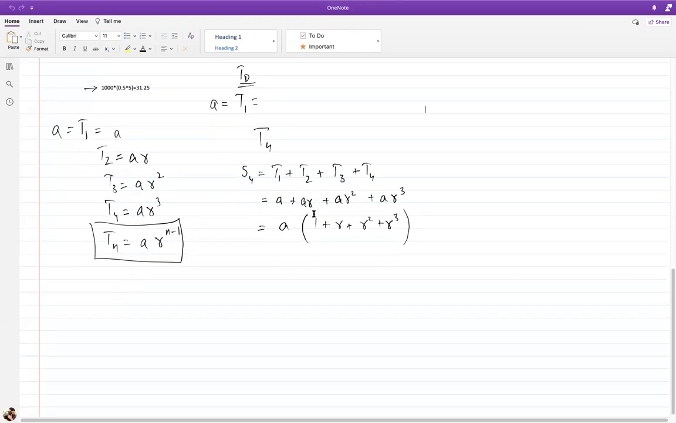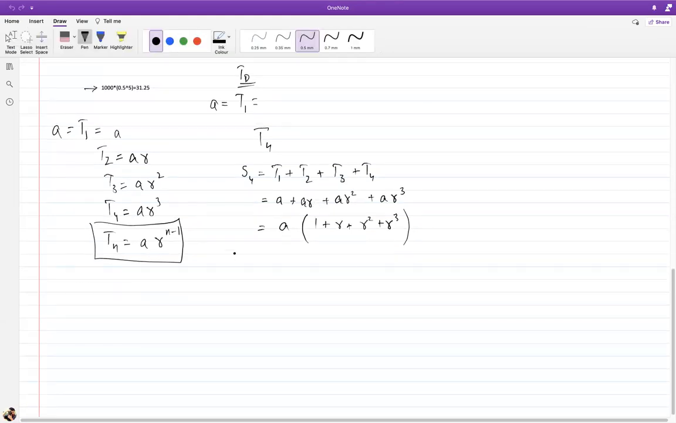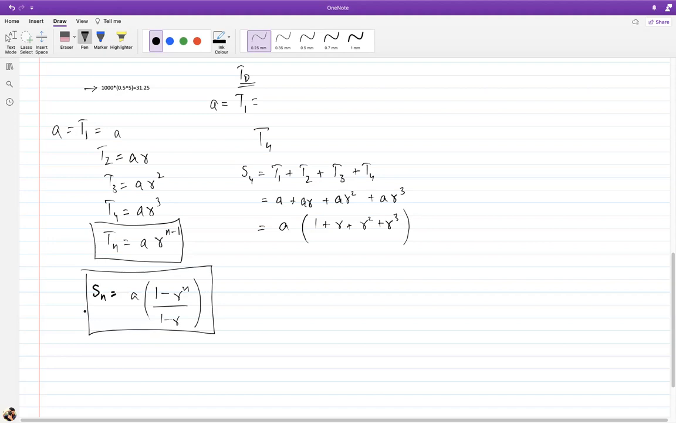All right. So the sum till nth term is going to be a times 1 minus r power n over 1 minus r. That's the sum till nth term. Now here's the thing. Let's suppose,